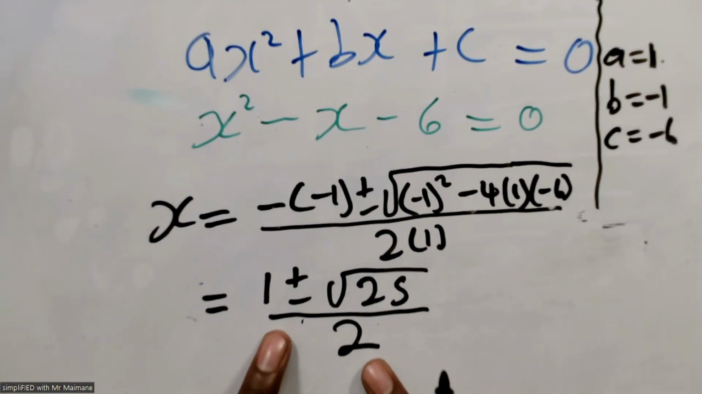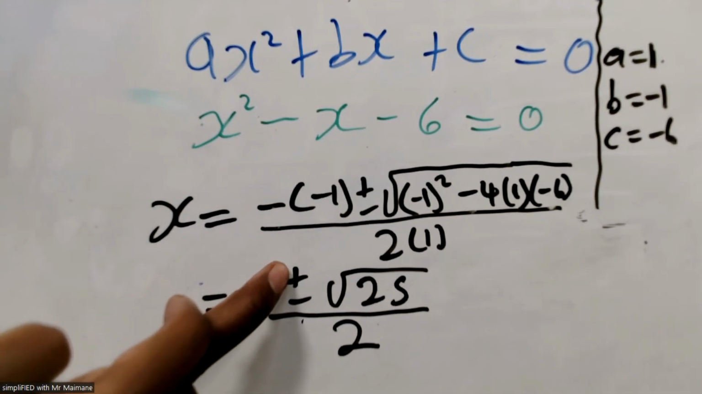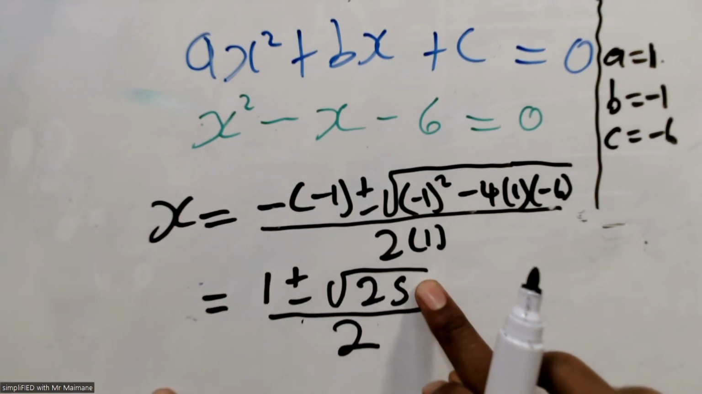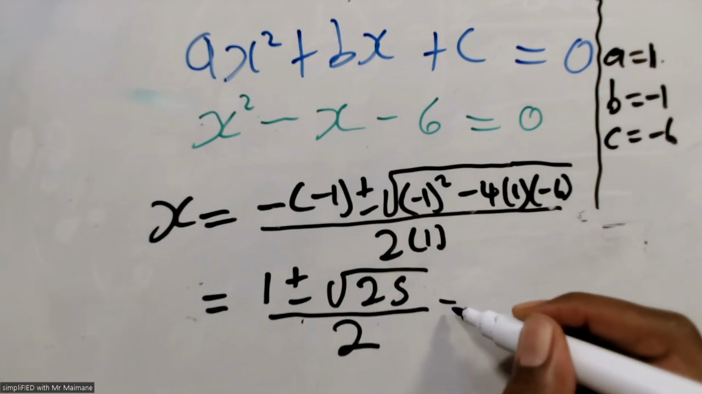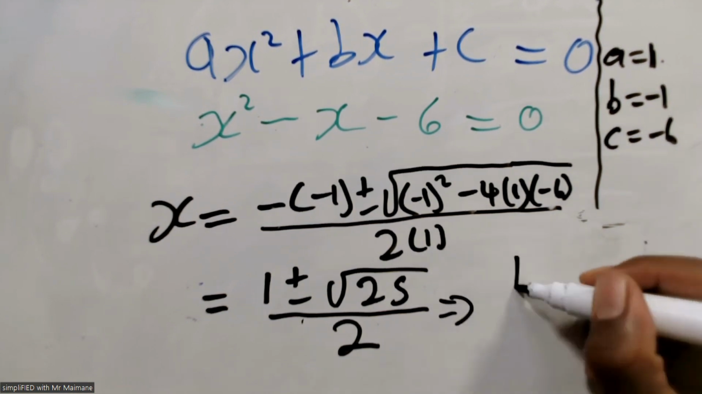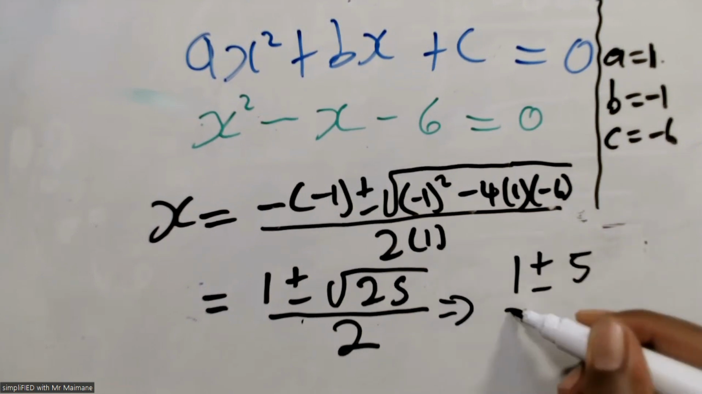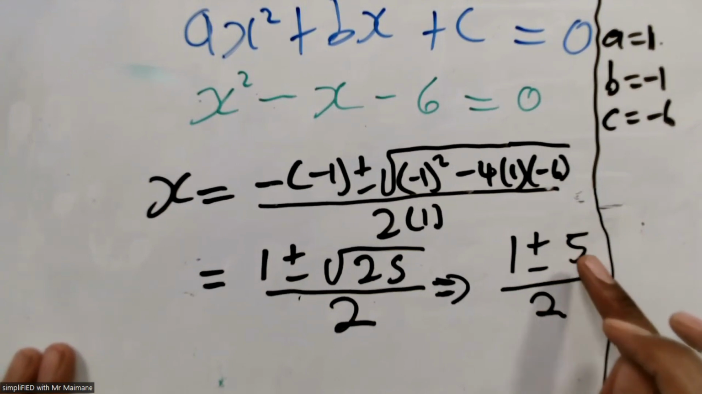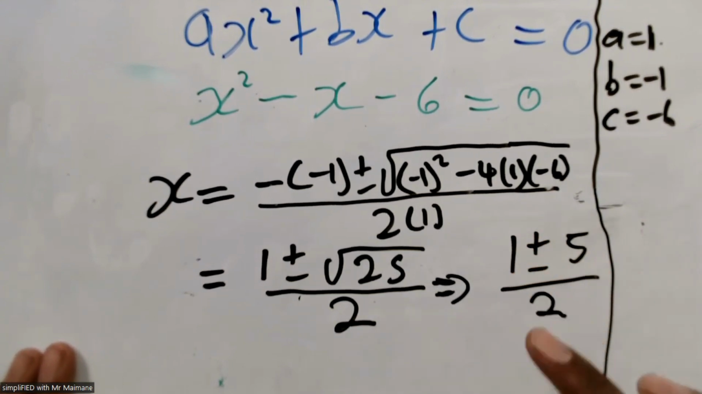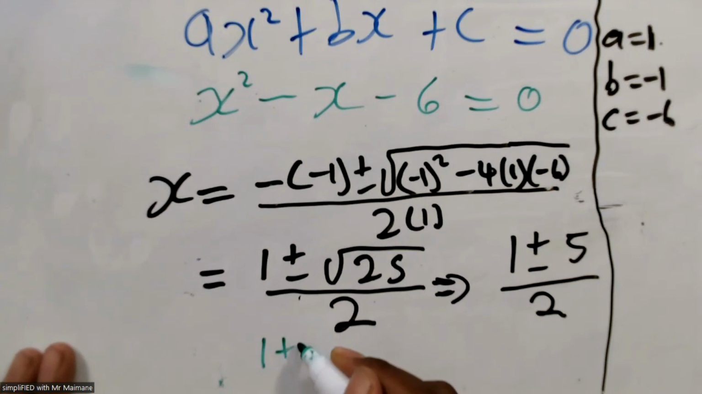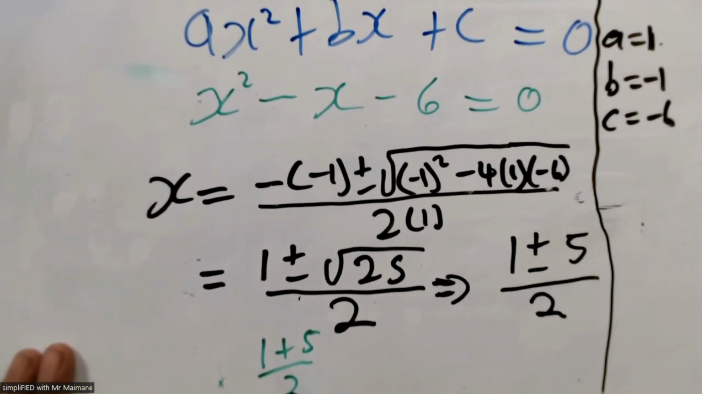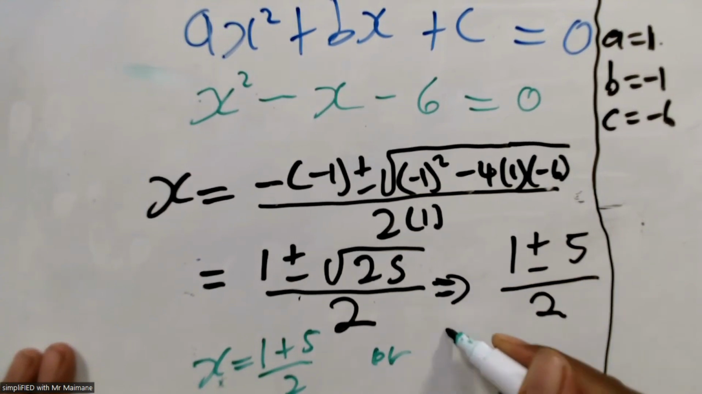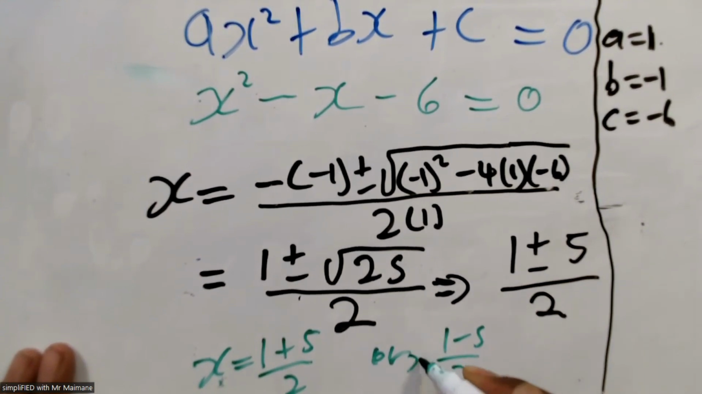So as you can see here, we have two parts. We have one part that consists of a plus. We have one part that consists of a minus. And we know that the square root of 25 is 5. Summarizing this further, I will have then 1 plus or minus 5 over 2. As you can see now, I should have two values for x. One value for the positive part, one value for the negative part. So 1 plus 5 over 2 will be my x value, or 1 minus 5 over 2, x will be